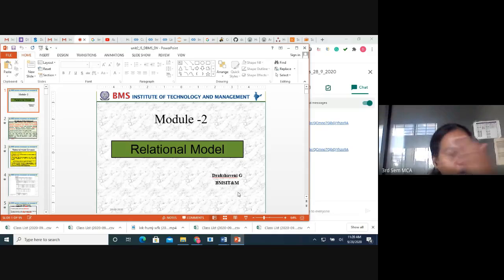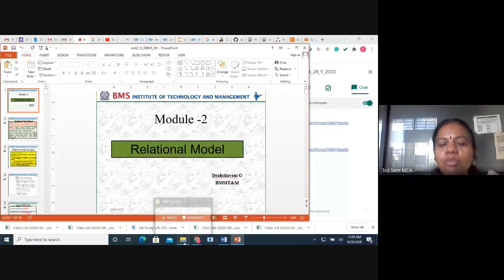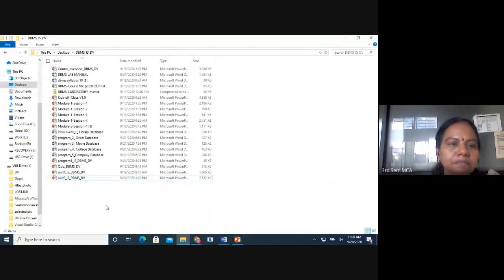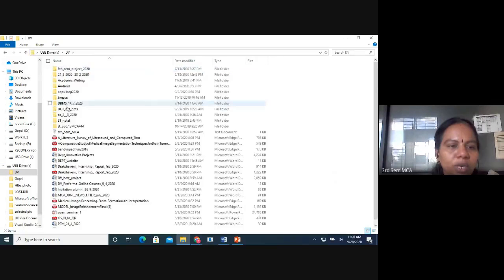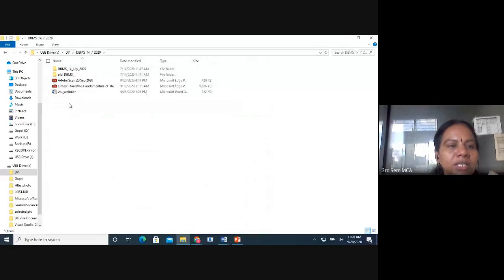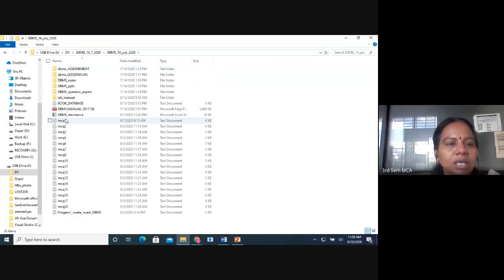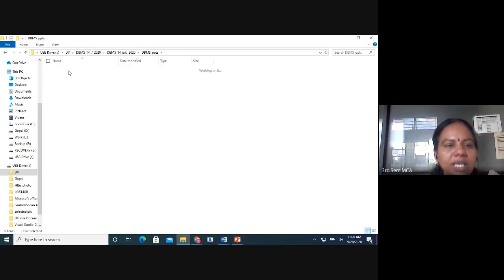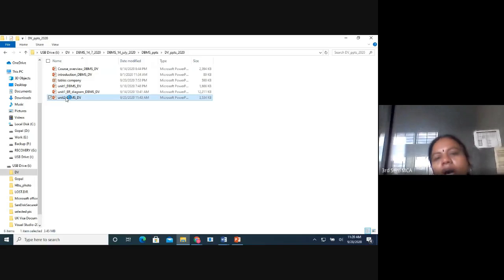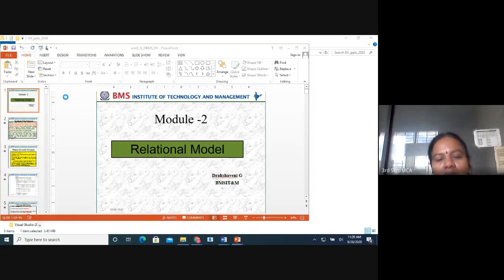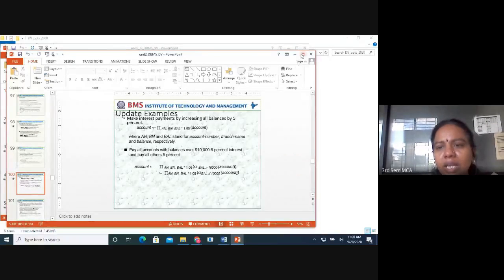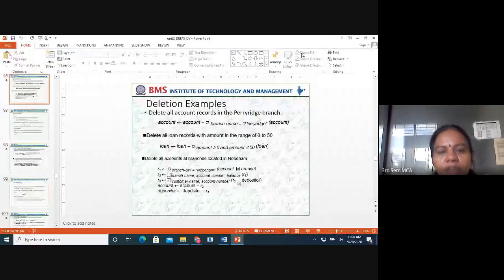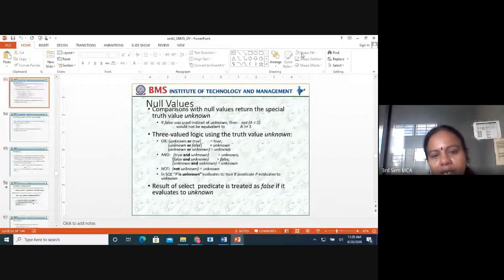So that was about your module 2. Then we will see some more examples with respect to module 2. Just now we have overviewed all the operators which are available. Now we will take some examples and see how we do the relational algebra operations. So next we move on, considering some examples of the same operators.